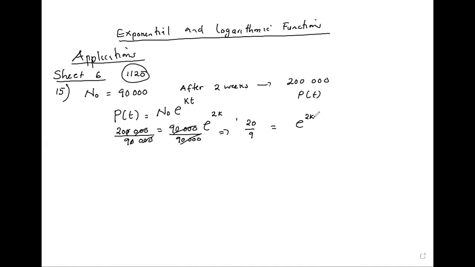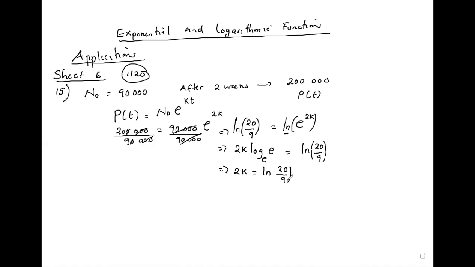But to drop the power there, we apply the log function. So we have that power coming down as 2k. Remember, ln is log to the base e. So we fix the ln on this side. And then what is log e? We know this is 1. So we get 2k equal to ln